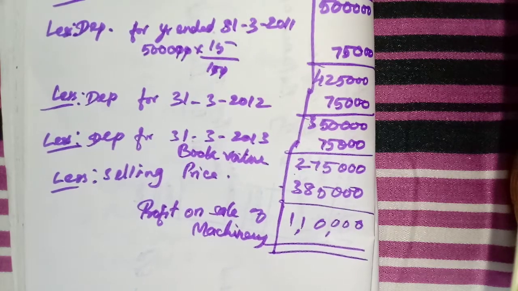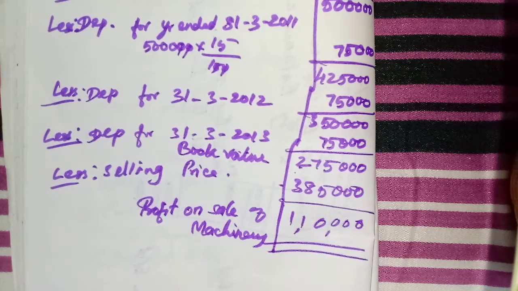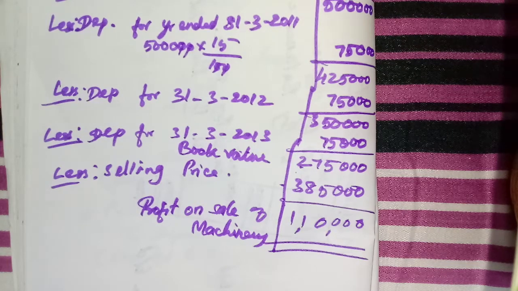Now the ninth problem. On 1st April 2008, Sudha and company purchased machinery for rupees 64,000. To install the machinery, expenses incurred were 28,000. Depreciate machinery 10% per annum under straight line method. On 30th June 2010, the worn out machinery was sold for 52,000. The books are closed on 31st December every year. Show machinery account. Here they have asked only the machinery account, so directly we can post into the account.